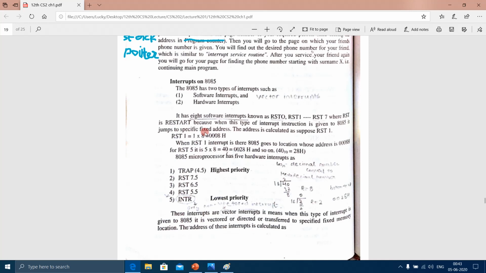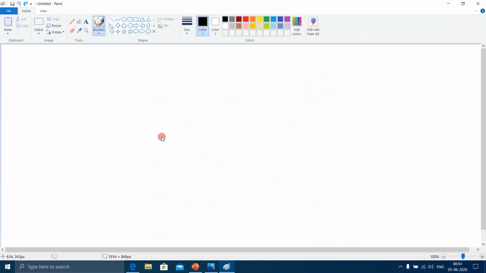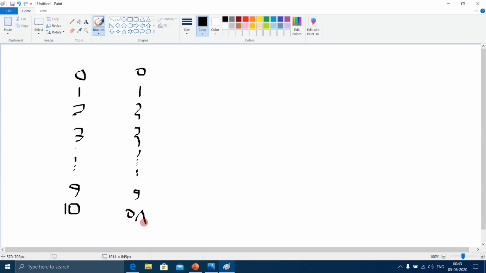The decimal numbers from 0 to 9 and hexadecimal from 0 to 9 are the same. The value starts changing only after 10. In decimal, 10 is the decimal representation and 0A is the hexadecimal representation. So till 9, the hexadecimal and decimal numbers are the same.